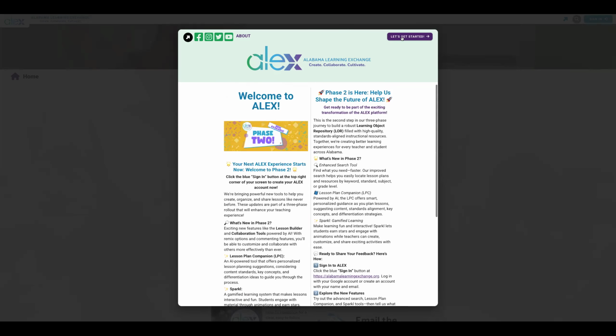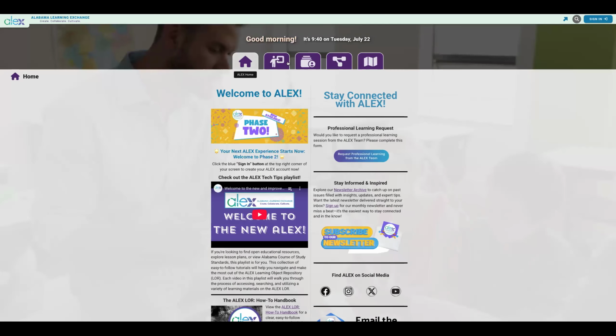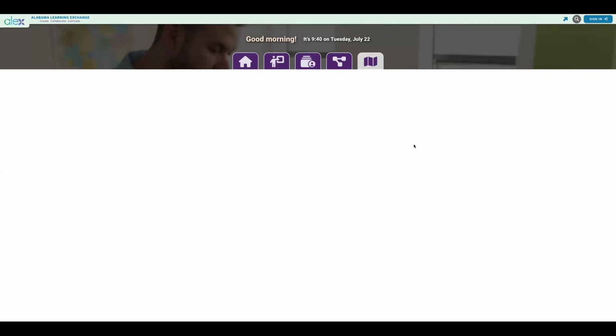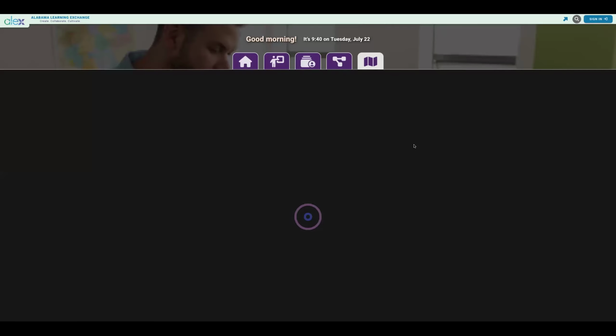So to get past this pop-up, you are going to click Let's Get Started. To get to the Standards tab, you are going to click on the map. Once I click here on the map, I am going to see all of my approved Alabama Course of Study